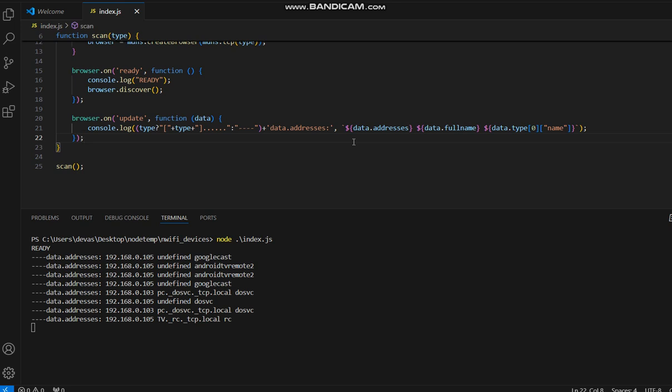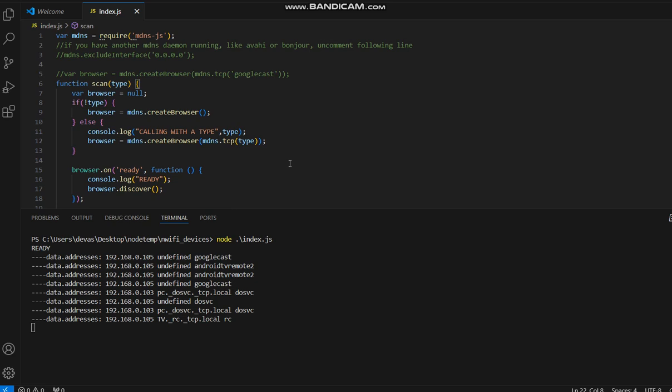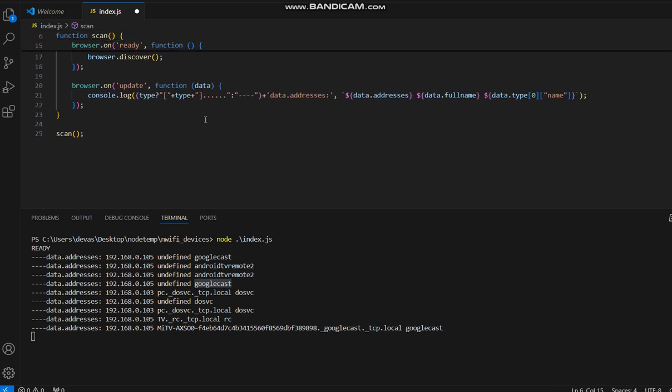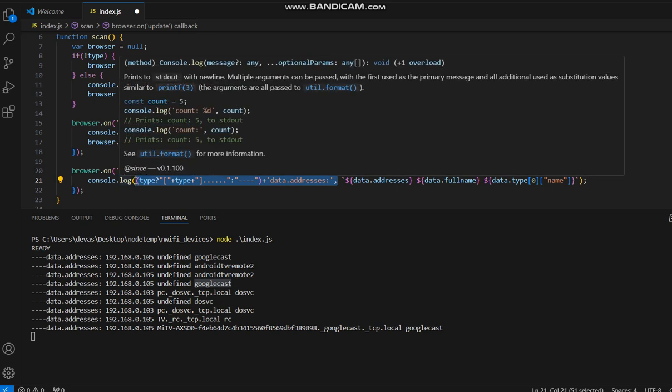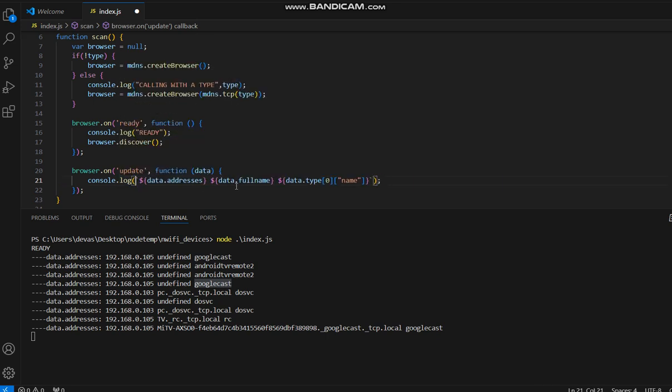But instead of doing it this way, we can use this other constructor way, the TCP type, but without making it dynamic, we can safely take the word googlecast like how it was before. So this will be faster. You can get it in the first instance only. Like if I have to show you, we'll remove the dependency on the type as we are not using it. Even here, these prefixes are not required. Let's remove this first part of the log itself. Just log whatever values are coming,